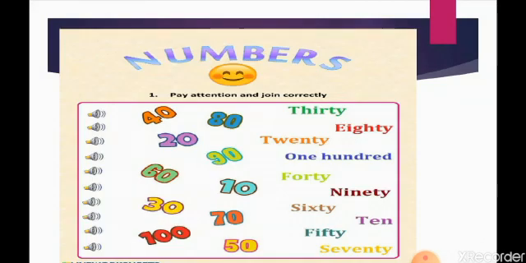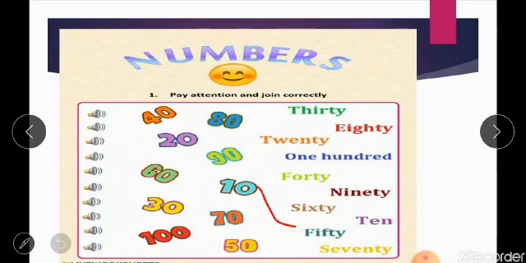And next, you just join correctly. You have to join the numbers correctly, isn't it? The numbers are jumbled here and there. Can you understand? So now I am going to join the numbers correctly. First, where are you going to start? Yes, 10. So my number 10 is here and the name of 10 is here, T-E-N. And next 20. Yes, here it is, 20.